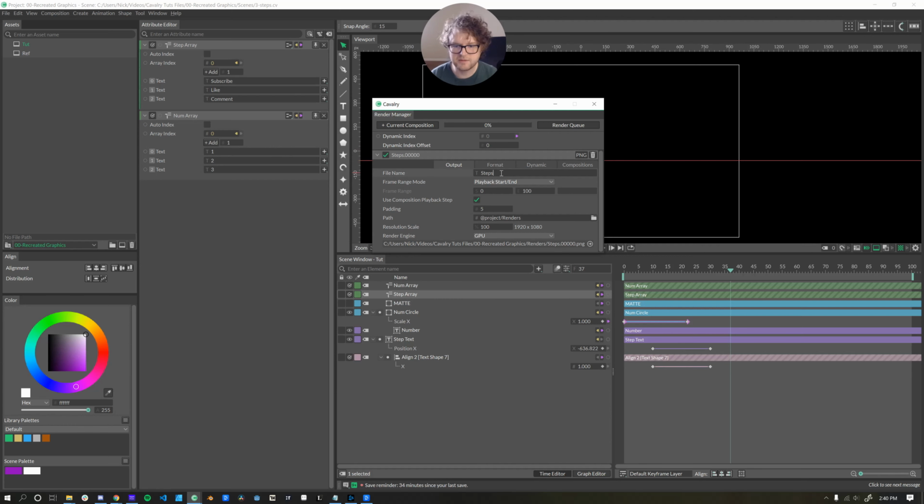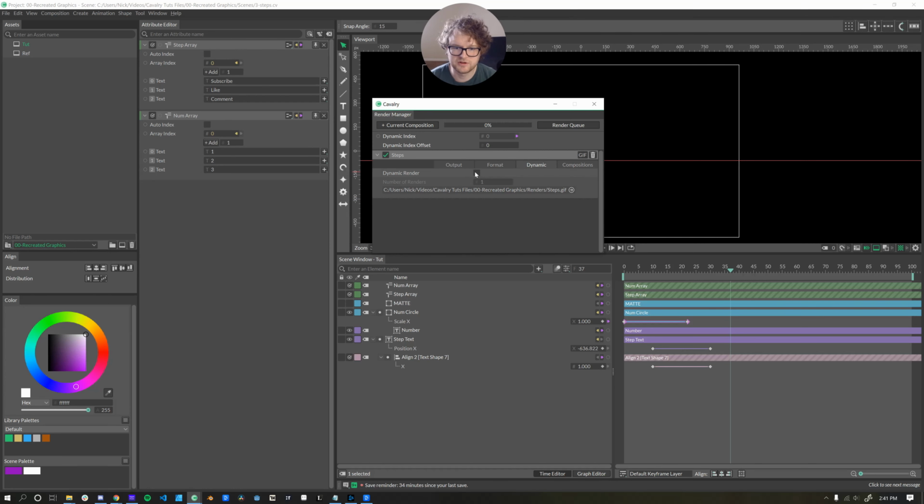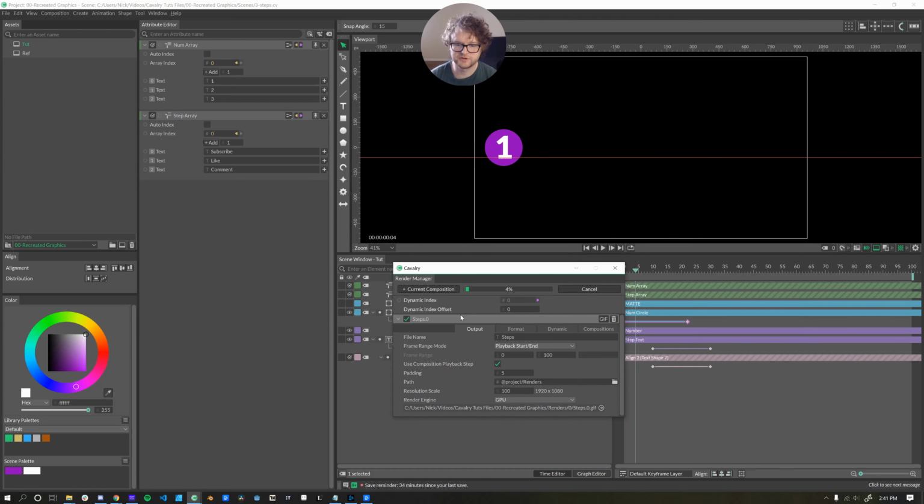We'll call this steps. Go into format, make these all animated GIFs or GIFs, depending on who you are and what you believe in. Turn on the dynamic render. Number of renders, we have 3 of them. Now we're ready to render it out. Just click render queue, and you'll see these render out one at a time, starting with our first step, subscribe,